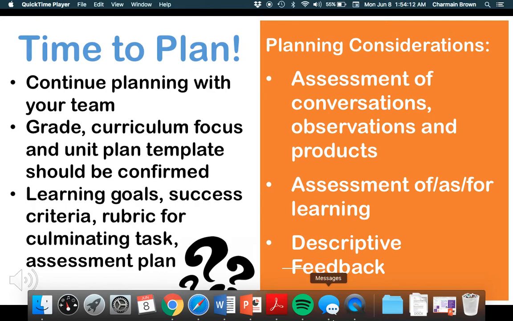Then you're also going to be thinking about assessment as of and for learning. And this is going to be general because you haven't actually developed your actual lessons yet, but just to give an overview of what types of assessment for learning that you will be doing throughout the unit. What can we anticipate will be happening? Remember, there has to be 3 assessment of learning throughout the entire unit in order for it to be used as a mark on the report card.